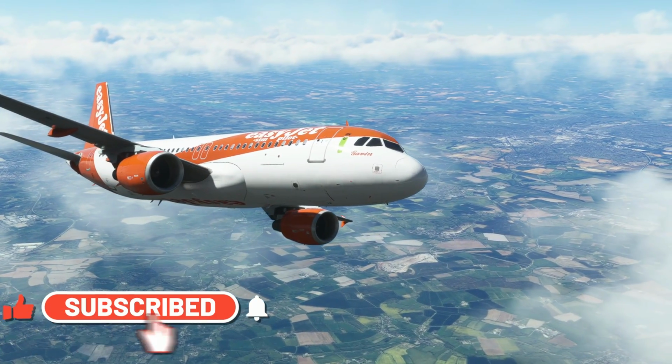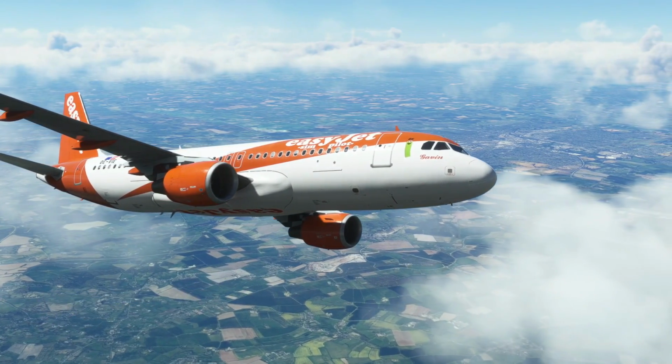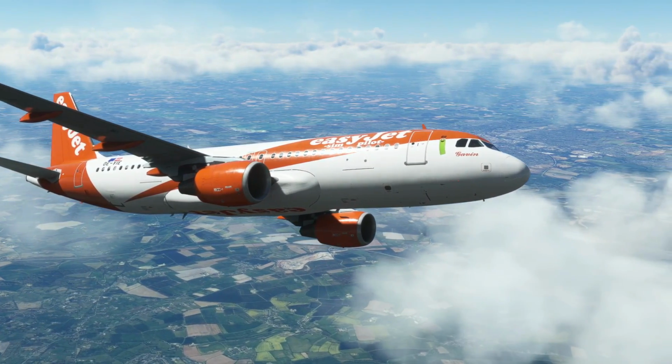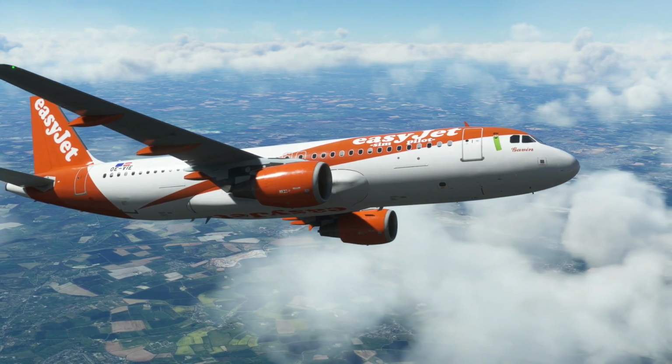Welcome to another quick video here in Microsoft Flight Simulator 2020, and in today's video I'm going to be showing you how to extend the runway track on your navigation display, giving you a good visual reference as to where you're going to intercept that localizer, and also show you why we do this